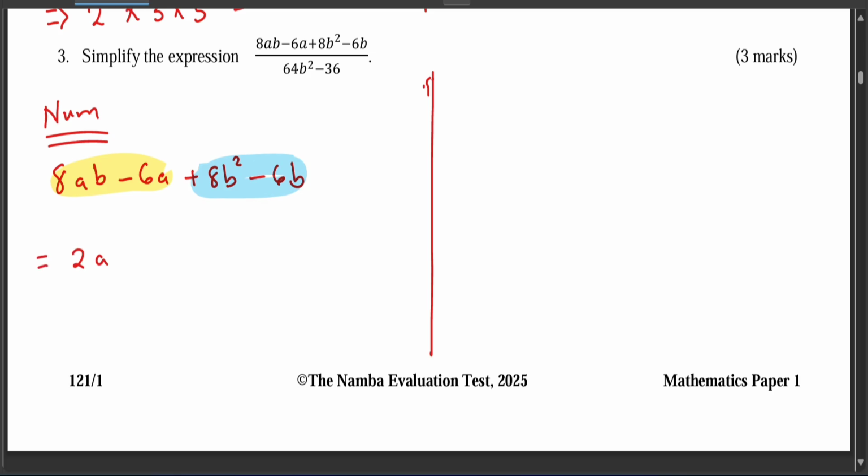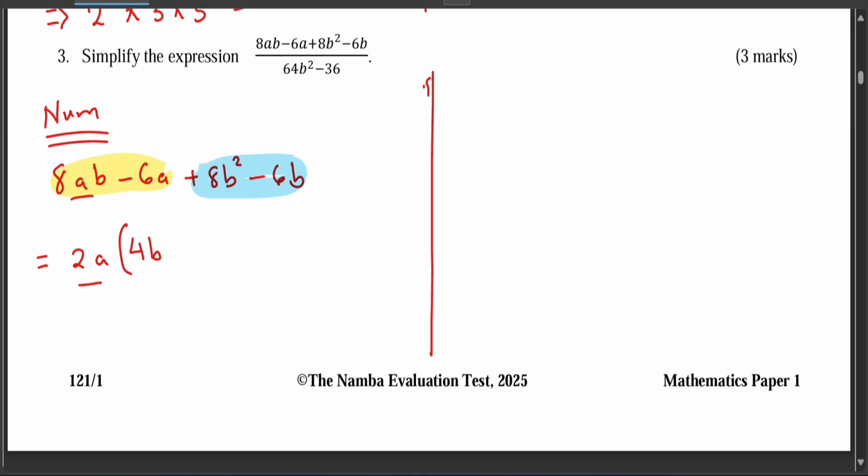2, because 8 can be divided by 2 and 6 also, negative 6 can be divided by 2. And the reason why a is also a factor is because a is found in 8ab and also in 6a. So 2a into bracket 4b. If you take 8ab divided by 2a, the a cancels out and 2 goes into 8 4 times, which